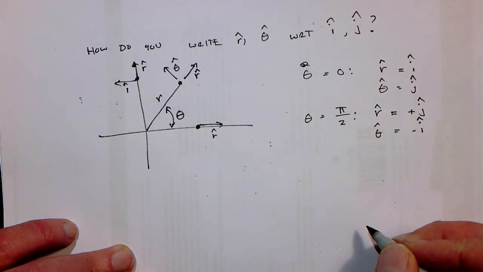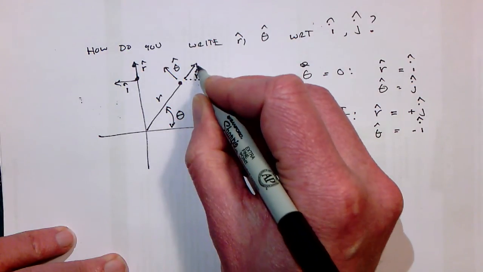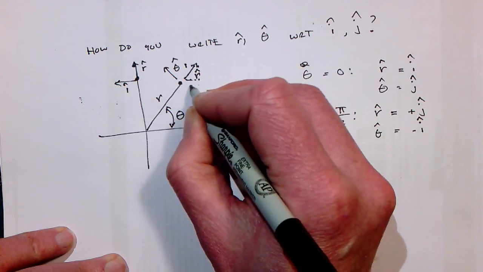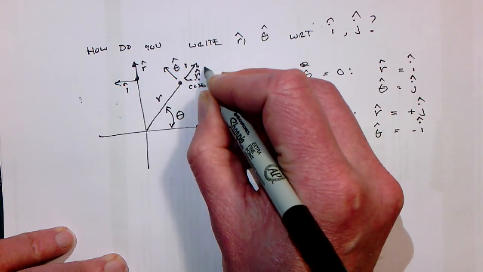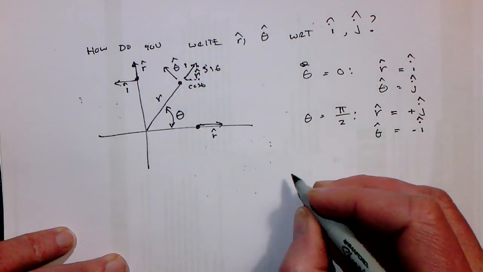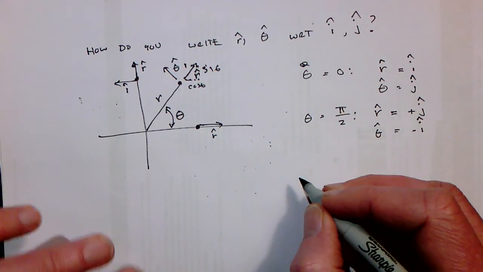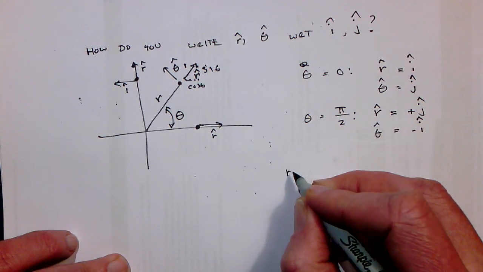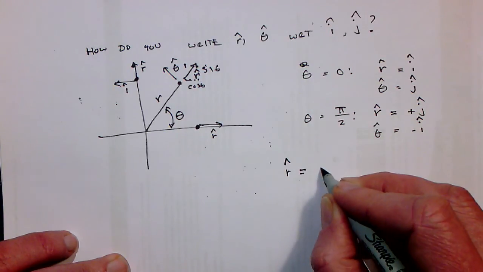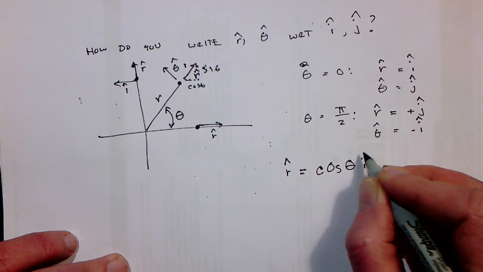Okay. And furthermore, if you start to think about trigonometry a little bit, you can see here that this has a length of 1. So this is going to be cos of theta, and this length will be sine of theta, and you can do the same thing for theta hat. So both between drawing the triangles and doing the trig and thinking about it from a limiting case perspective, it's not terribly hard to come up with the idea that r hat could be written as the cos of theta times i hat